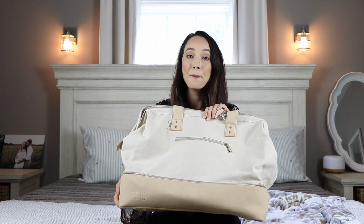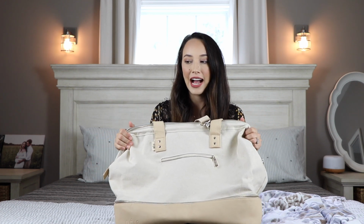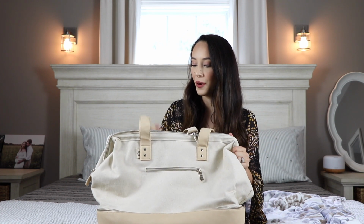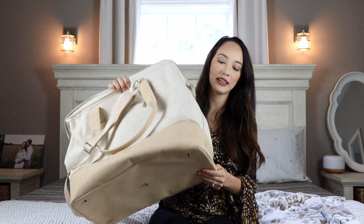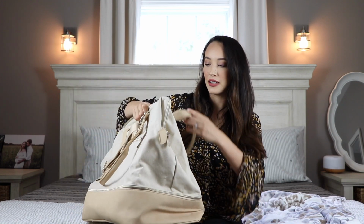This bag is much more beautiful in person than it is online. There's two options. You can either get the black version or this version. I am more of a neutral, light-toned, colored kind of girl. Even though I'm wearing black, I wanted to make sure it stood out against me today, but usually I stick with lighter tones when I'm dressing. So I went for this color, and the bottom is a faux leather,